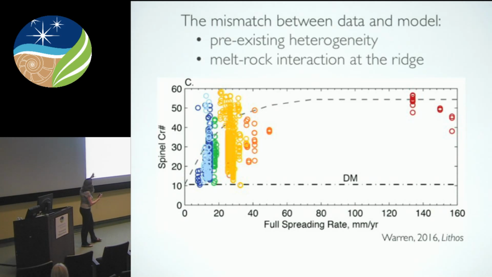So one thing about having this is that we now know what the composition of peridotites from ridges globally looks like. There is this huge gap, which might get a little bit filled in. There are some places on the ridges that match these spreading rates, and if you go to the transform faults you might be able to get peridotites, but we aren't. This gap is just something we have to accept to some extent as being a limitation of the samples that we have. But we can now say, okay, if I want to understand the high spinel chrome number samples in more detail,